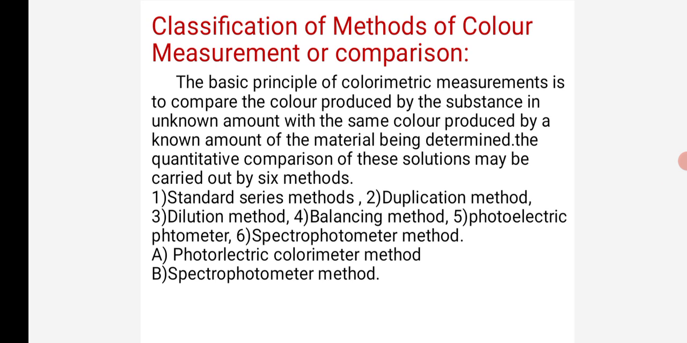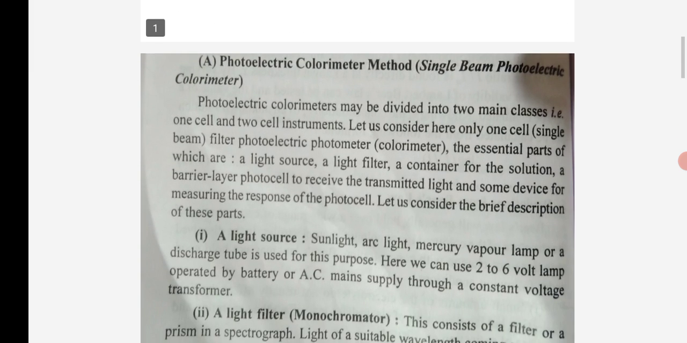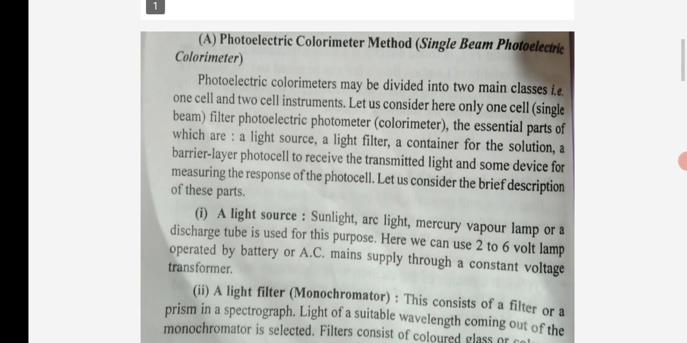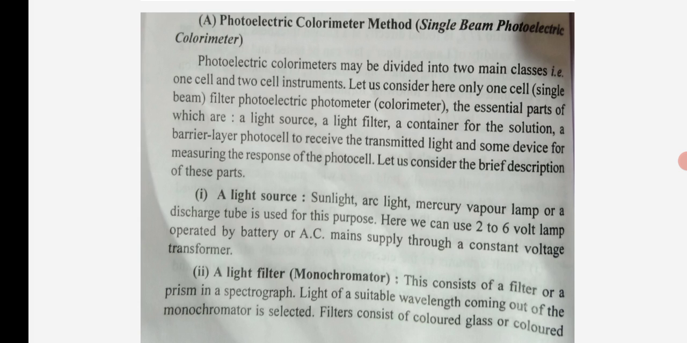And we will discuss two methods here: photoelectric photometer and spectrophotometer methods. First of all, photoelectric colorimeter methods, that is, the single beam photoelectric colorimeter. The photoelectric colorimeters may be divided into two main classes, that is, one cell and two cell instruments. Let us consider here only the single cell, that is, the single beam filter photoelectric colorimeter, and this essentially